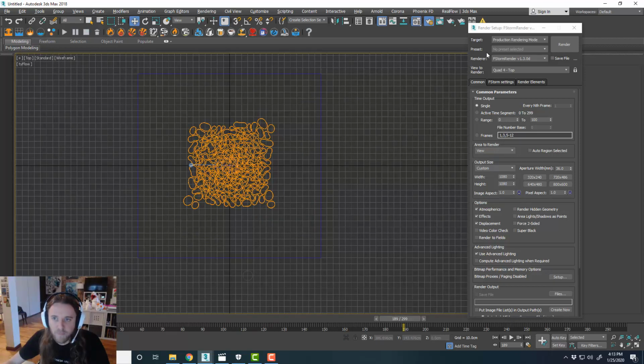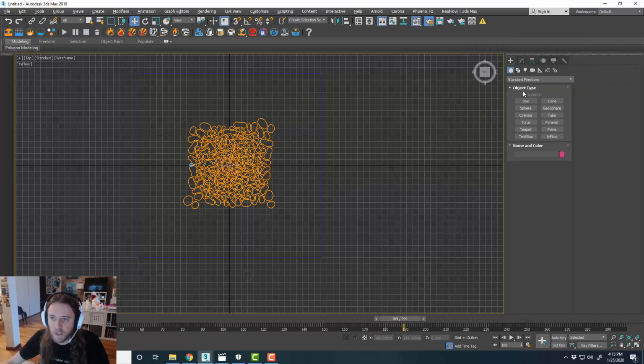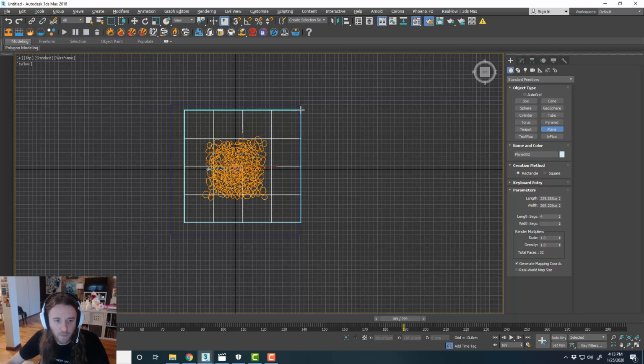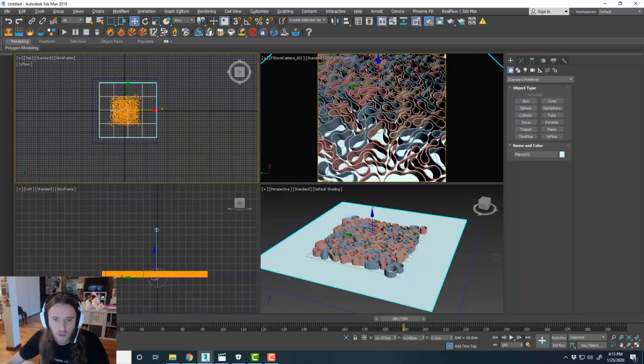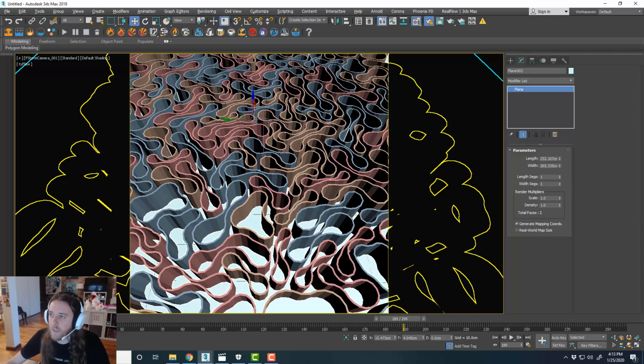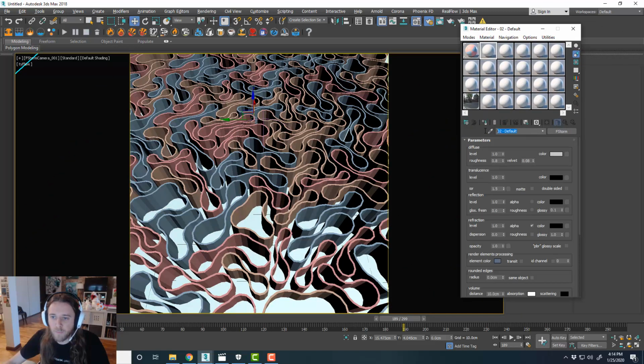extent of it. And being that we're just looking at the ground plane, I don't need to make a backsplash or anything. So I'm just going to do another plane. And this is going to be for rendering purposes only, so I can reduce the poly count to just 1. And then I'm going to make a material. And I might do